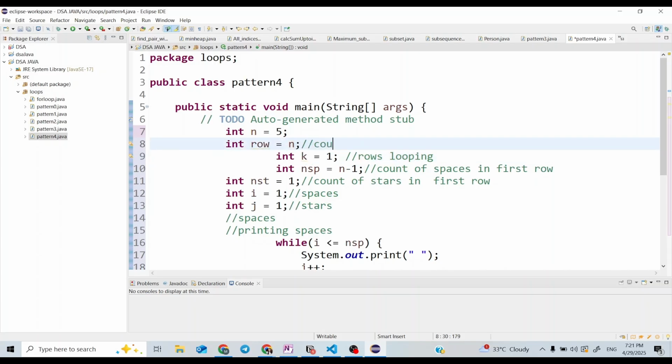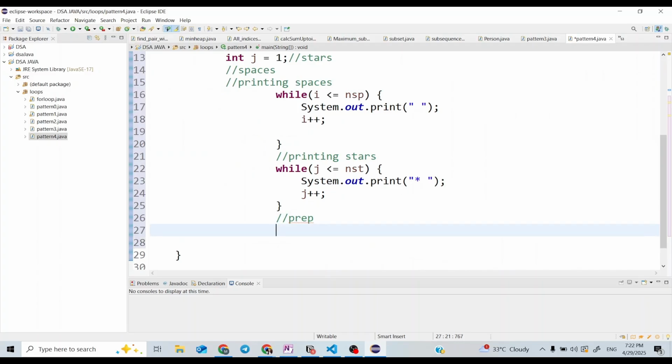This is storing the total count of rows in our pattern. So the preparation step is k plus plus, number of spaces decreased by 1, number of stars increased by 1.